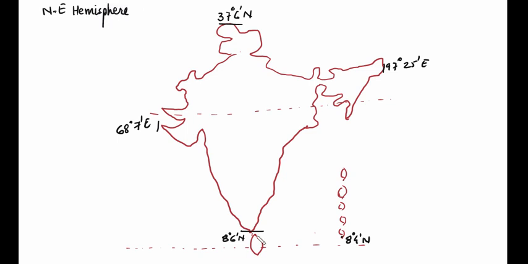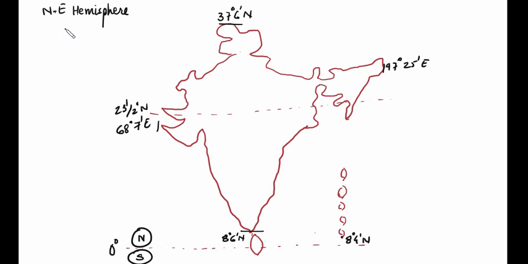So generally we think that this is equator 0 degree and this is 23.5 degree north tropic of Cancer. So this makes this as northern hemisphere and this as southern hemisphere. So students generally think that India lies in only northern hemisphere. It is not correct, because the latitudinal extent is north in the northern hemisphere, and it shows that it lies in north hemisphere, but also the longitudinal extent shows that it lies in eastern hemisphere. Okay, so it lies in northeast hemisphere.